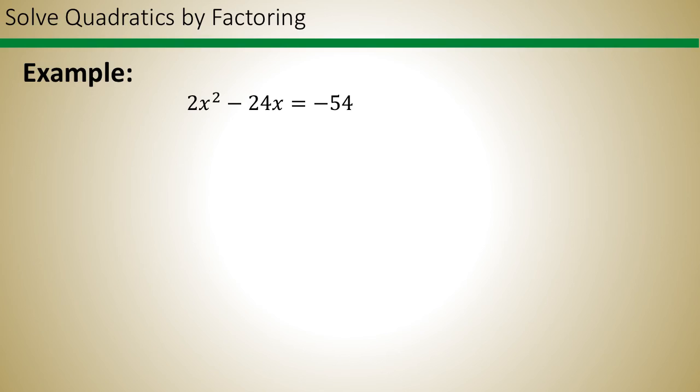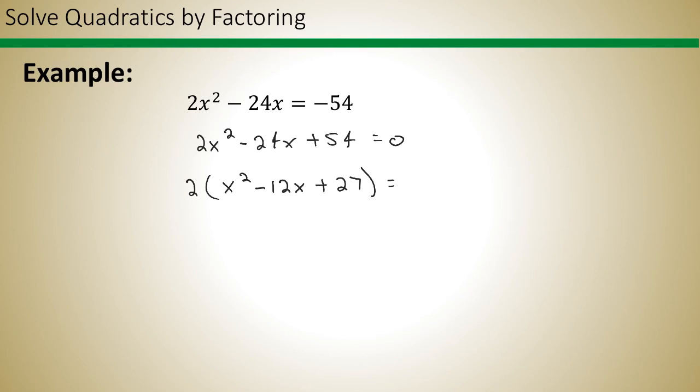Okay, here's another one. We're going to do the same thing. We want to get everything onto one side. Okay, so we're going to add 54 to both sides, and that will give us 2x squared minus 24x plus 54 is equal to 0. All of these things can be divided by 2, so 2 times x squared minus 12x plus 27 is equal to 0,